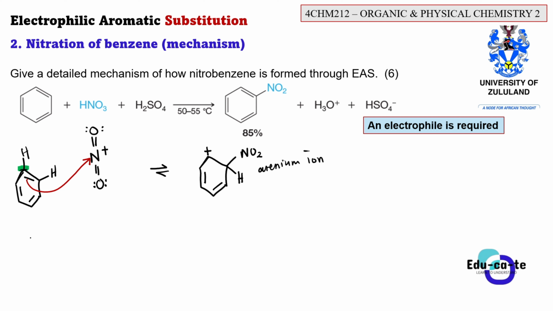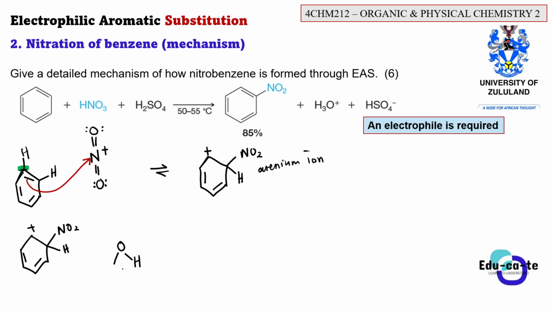Okay, so we'll take this arenium ion. So this is my arenium ion from the benzene ring. Then this is this double bond, then this is positive charge, then this is NO2, then here we are having a hydrogen. Then remember that in the mixture we're having H2O in the reaction mixture. H2O, the one that we have kicked out during the electrophile generation, right? So this is 1, 2, 3, 4. This is H2O.